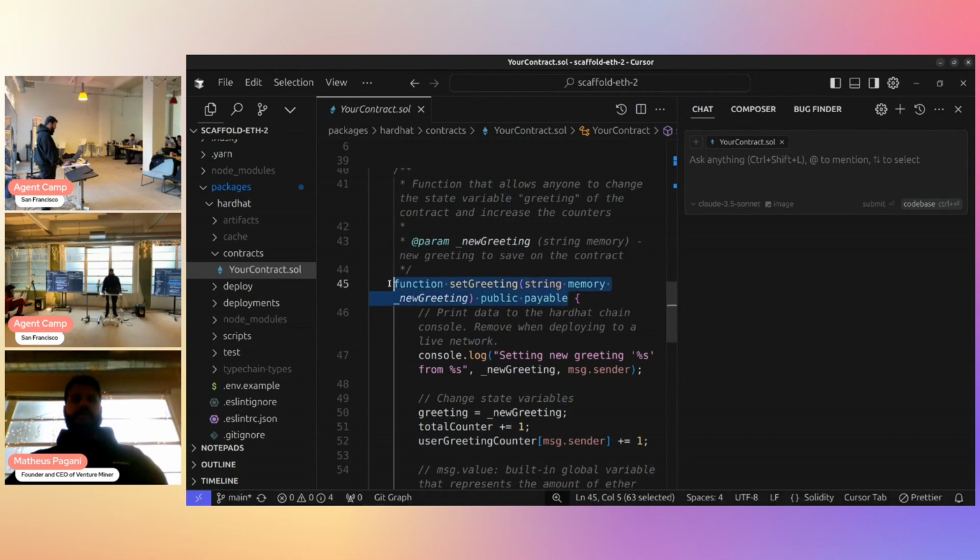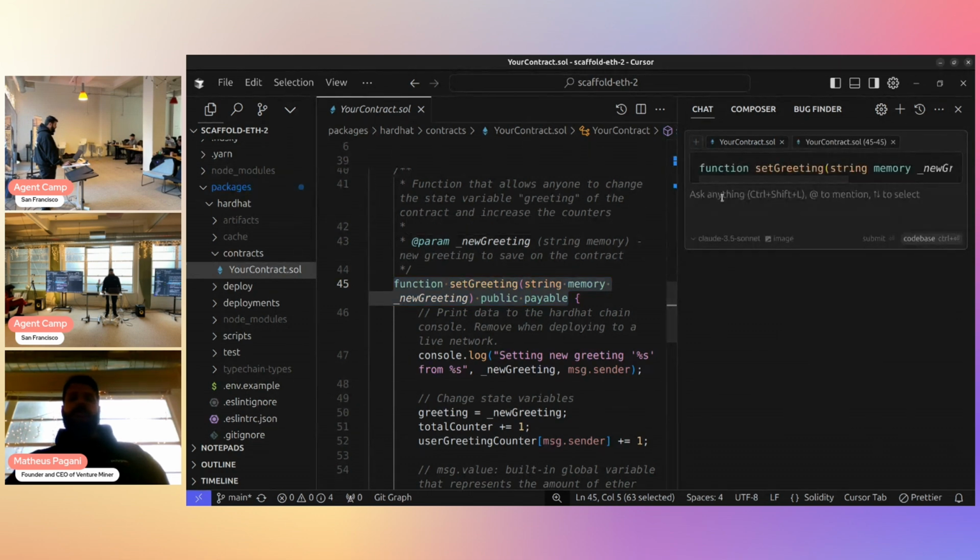So I can select this. I can add to chat with this button, and I can ask why there are so many weird things in this function definition.